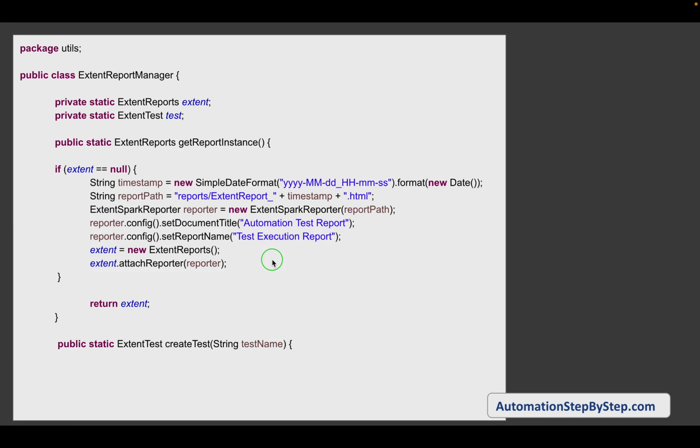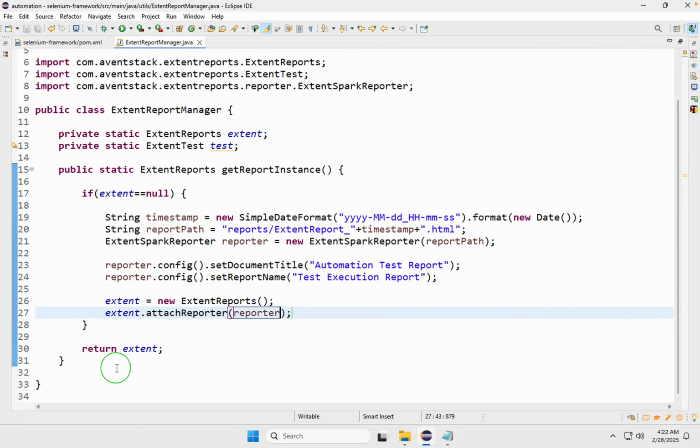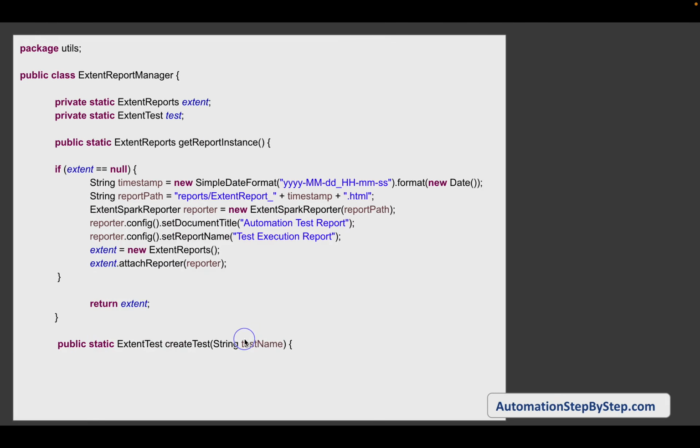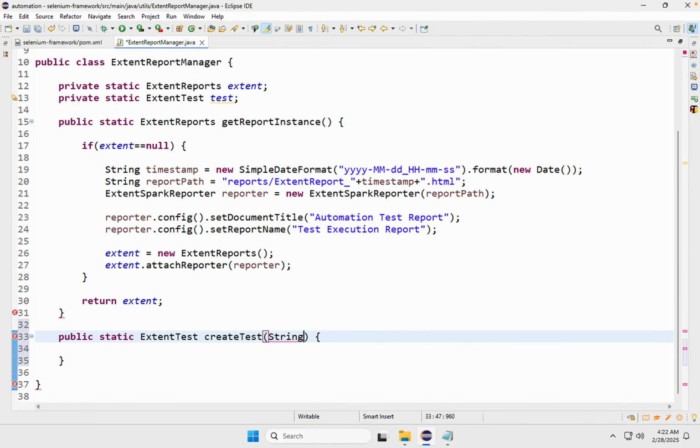Okay, now we will also create another function to create test. Okay, so this is important, so that for every test we have separate reporting entries. So I will say public static extent test, this is the return type, and the function is create test. So I will say here public static extent test, and create test is the function. And here in this function we are also taking the test name as a parameter. So I will say string test name,